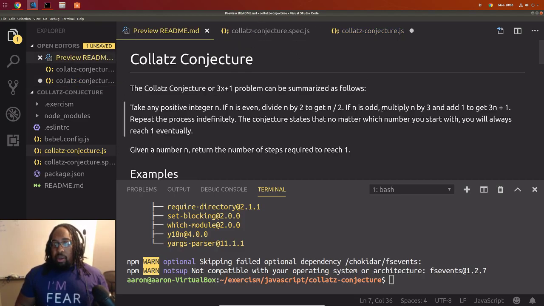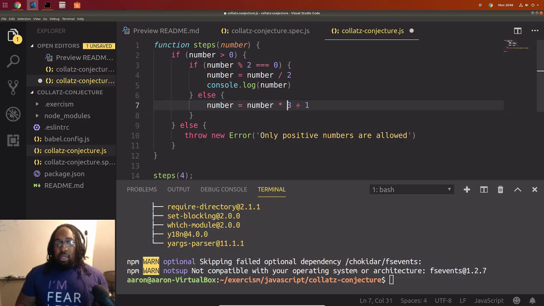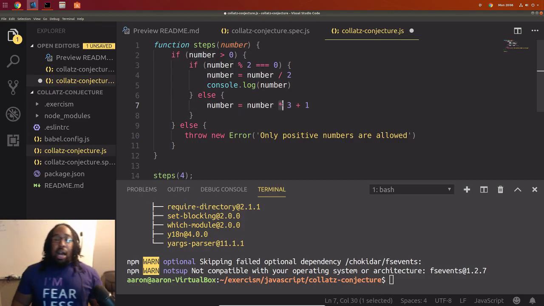You could also just put a 3 in front and not use this, but I want you to get comfortable using these arithmetic operators. So we get number times 3 plus 1.